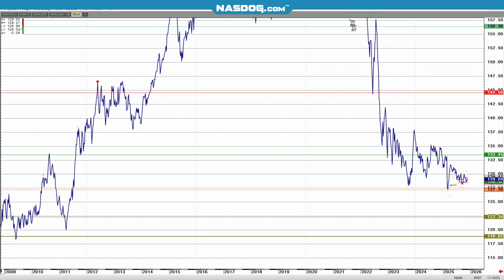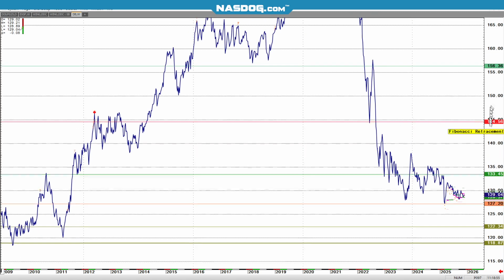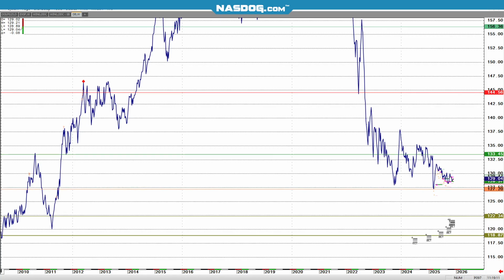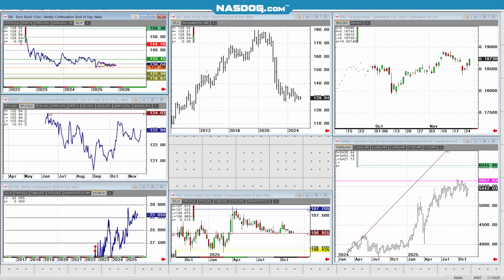This is the green of that. This is the only studies I have. So this is the light green. Here's the red. And then on the way down, here's the green. They're chopping the piss out of everybody here. Then here, new lows by a smidge. There's your olives down below. 122.34, 118.87. Although this is probably D, so it's just my look at the Euro Bund.